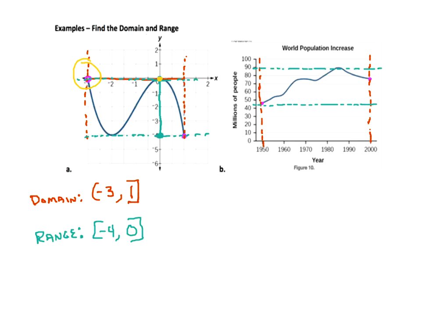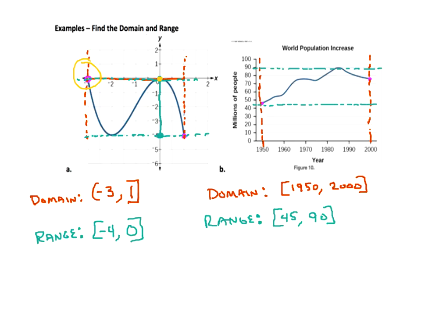Okay, so domain and range of this real world function here. Domain. It looks like I move continuously from and including the year 1950 all the way up to 2000 inclusive, because I've got closed dots on both ends. And my range, my output, comes up from, it looks like about 45 from what I can see here, and goes up to 90.